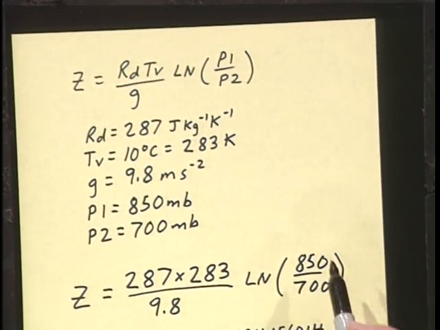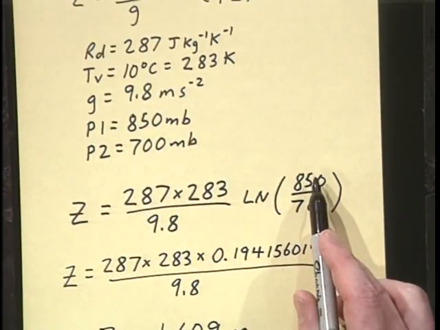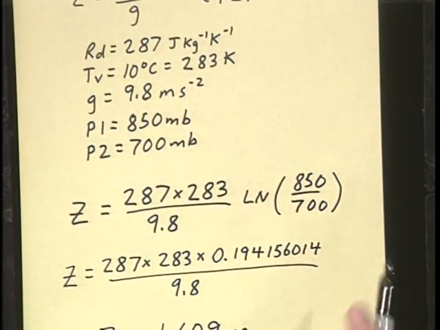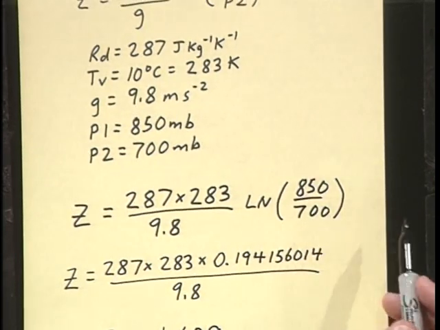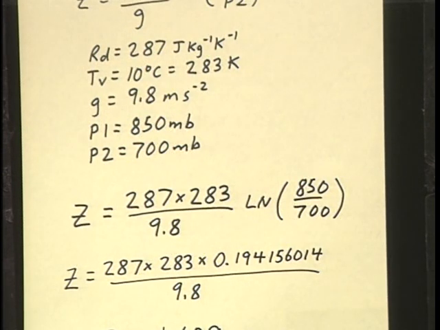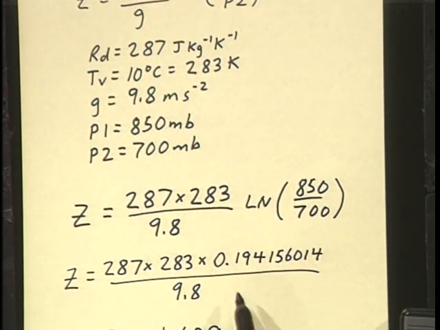Remember that when solving this equation, the bigger pressure number goes up on the top. So you have 850 divided by 700, and we take the natural log of that value. So 850 divided by 700 equals 1.2 and some other digits, and we take the natural log, and that gives us that